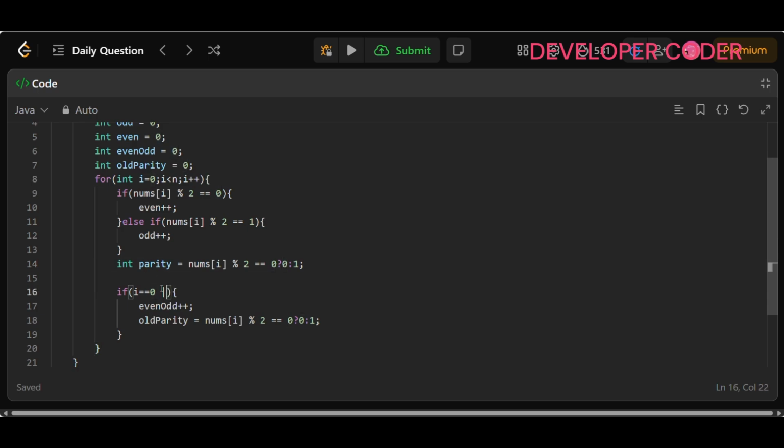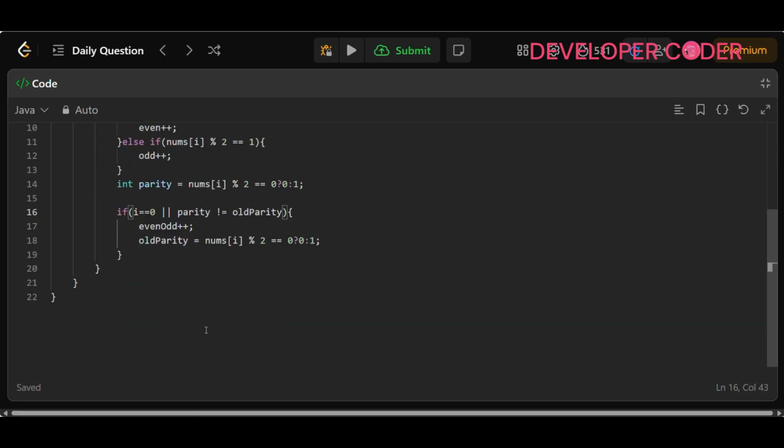So here, if i is equal to 0, then I simply add. But if i is not 0, then I check one more thing. If my parity, the new parity that comes from here, is not equal to oldParity, then only I have to update. So if it is even, the next time I'm checking 1, it's not equal to oldParity. In that case only I'm updating this. That's it. And from here you have to simply return Math.max of even and odd,